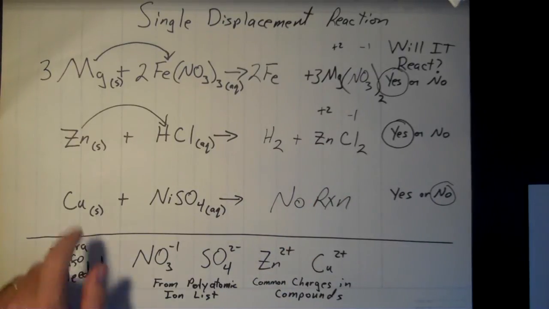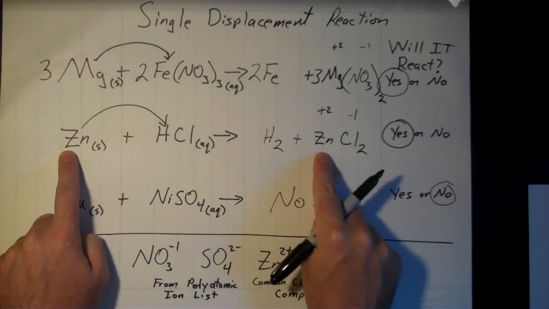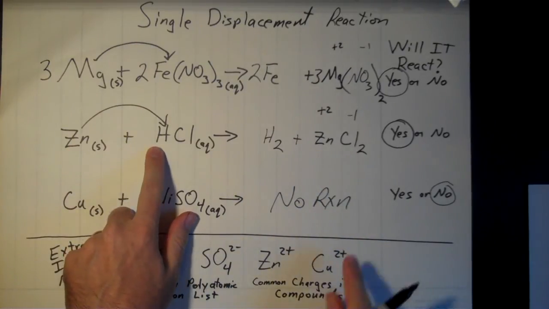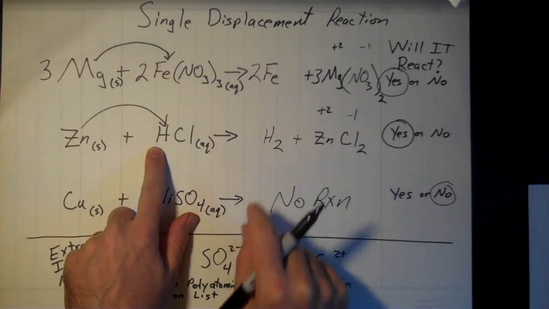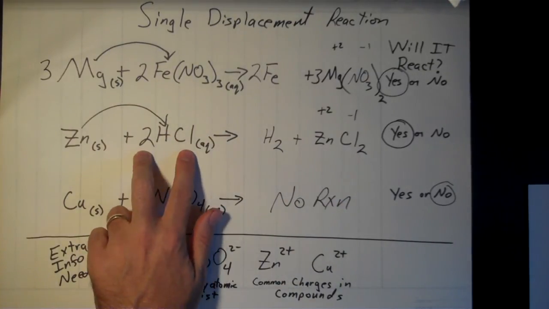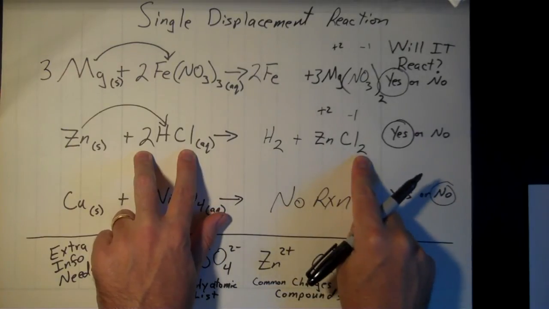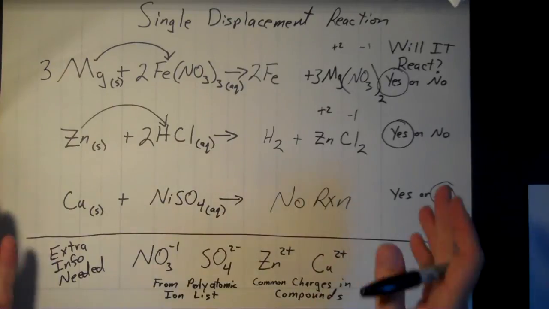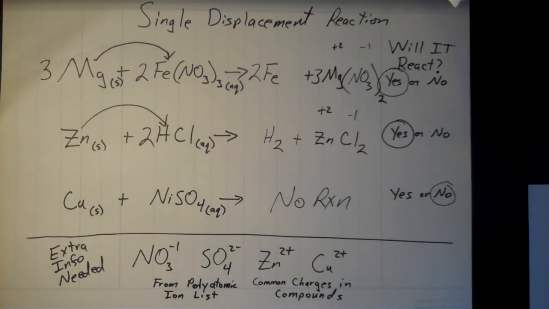And then to balance the equation, I've got 1 zinc here, 1 zinc there. That's all set. I've got 1 hydrogen here, but there's 2 on the product side. Remember that elemental hydrogen's diatomic, so I need to put a 2 out in front of that. That gives me 2 chlorines there. Hey, look, I've already got 2 chlorines on the product side, so that's already balanced then for that. And that's the equation then. That's it for that reaction.